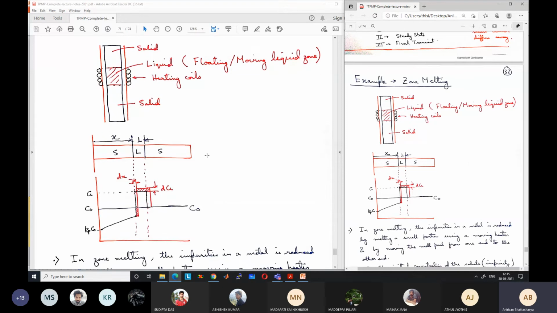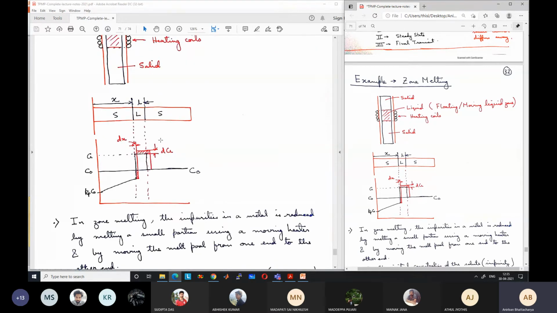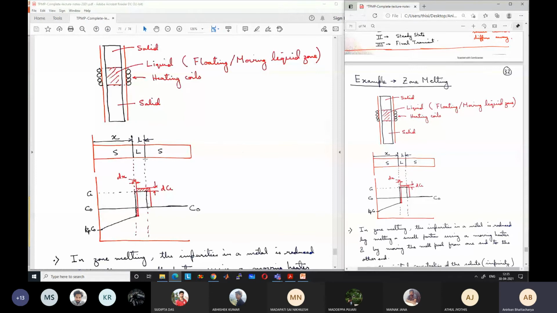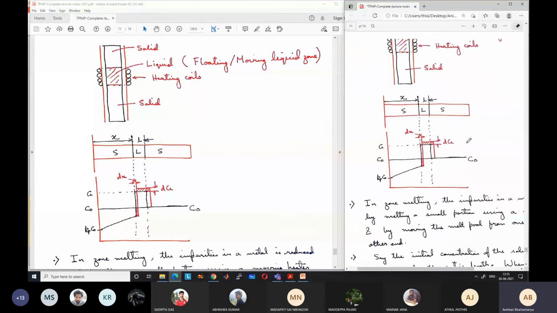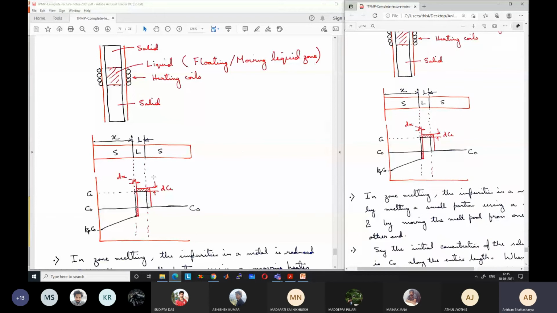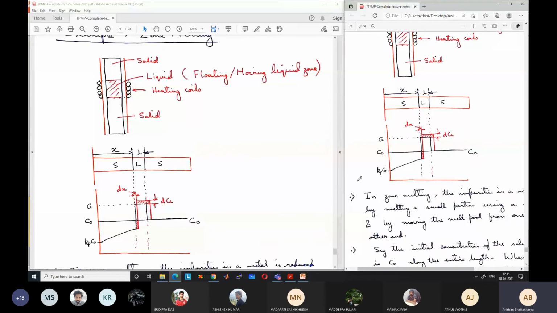Initially, what will be the concentration of the first solid formed? Initially everything is solid with concentration C0. So the first liquid, when it melts, will still have concentration C0, because that was the amount of impurity present in the solid. After melting it will be the same concentration in the liquid, because no extra solute can come into the liquid. Because the first liquid forms with concentration C0, the first solid after resolidification forms with concentration Kp into C0. Kp is the partition coefficient, a very small number, maybe 0.01 or 0.05 or 0.1.